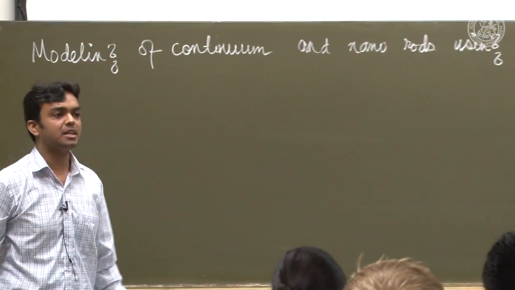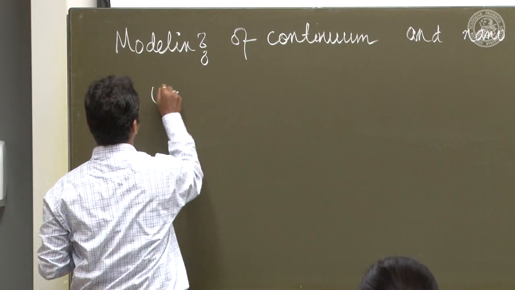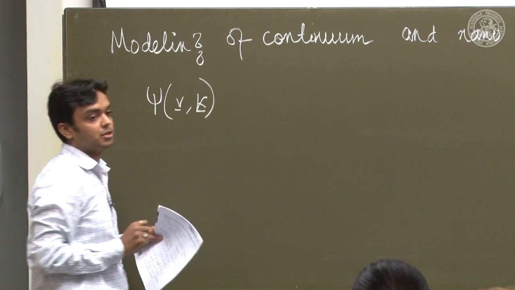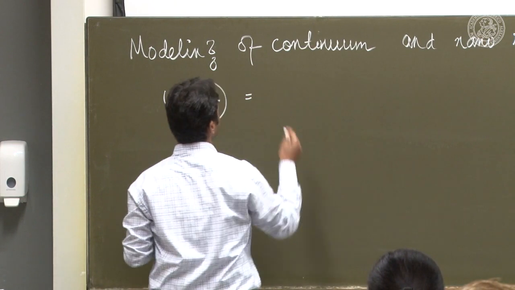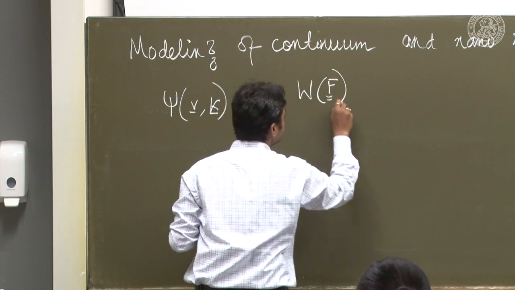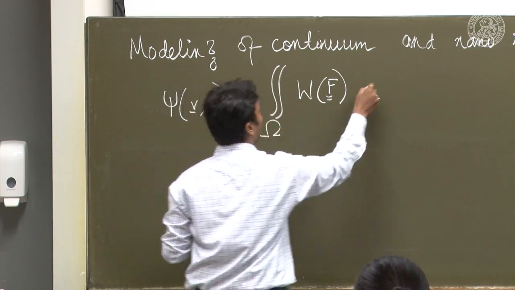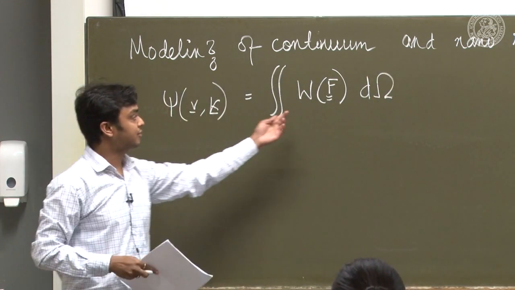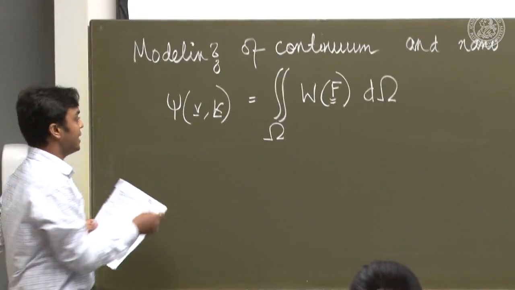So, till now in the class we have learned that the strain energy density function for a rod, strain energy density per unit of undeformed length for a rod, can be expressed as the integration over the cross section of the rod of the strain energy density of the 3D continuum, where F is